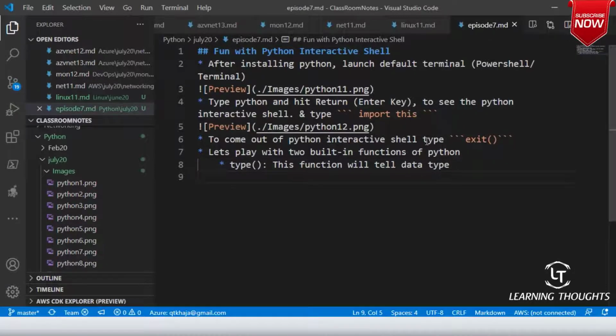And similarly, in Python, we have the id function. So what is this Python id function? This id function is also a built-in function, and it returns the identity of an object.